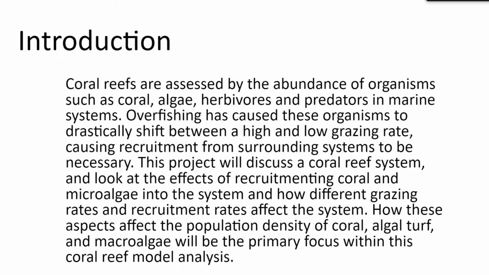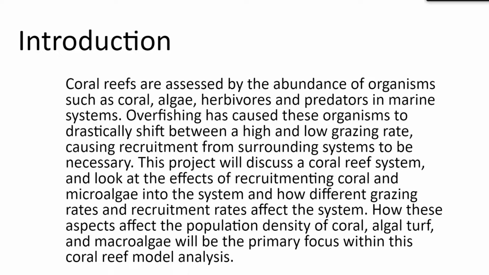Coral reefs are assessed by the abundance of organisms such as coral, algae, herbivores, and predators in marine systems. Overfishing has caused these organisms to drastically shift between a high and low grazing rate, causing recruitment from surrounding systems to be necessary. This project will discuss a coral reef system and look at the effects of recruiting coral and microalgae into the system and how different grazing rates and recruitment rates affect the system. How these aspects affect the population density of coral, algal turf, and microalgae will be the primary focus within this